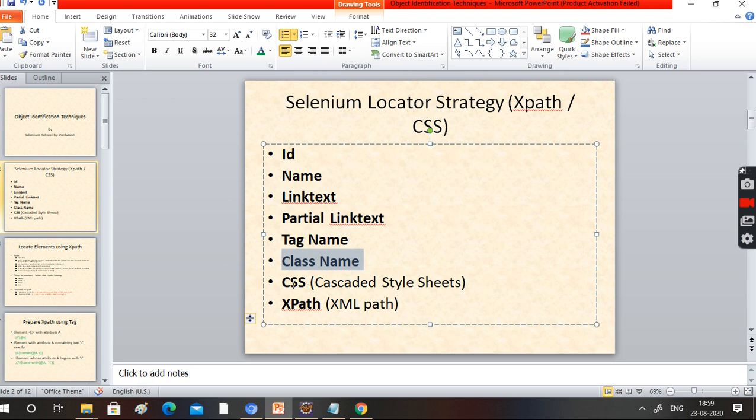Again no luck, go ahead with CSS. If no luck, then you can go ahead with XPath. Keep XPath as the last chance. Why? XPath is too slow. That is why they put it as the last chance. So this is a hierarchy, the locator strategy they are recommending. Okay, fine.